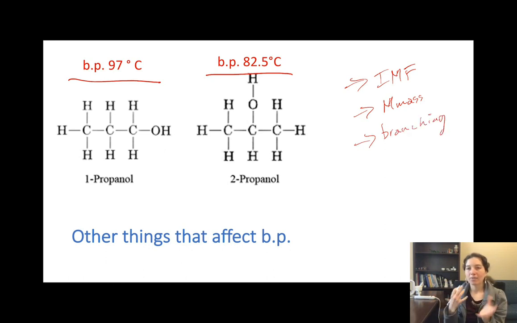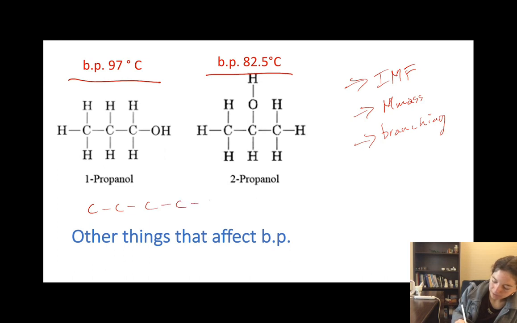So if the IMFs between the substances that you're looking at are different, that's going to be the factor that determines which one has the higher boiling point, not molecular mass or branching. If the molecular masses of your substances are really different, that's going to affect your boiling point more so than branching. We can see that example if we take a look at, say, something really big, like